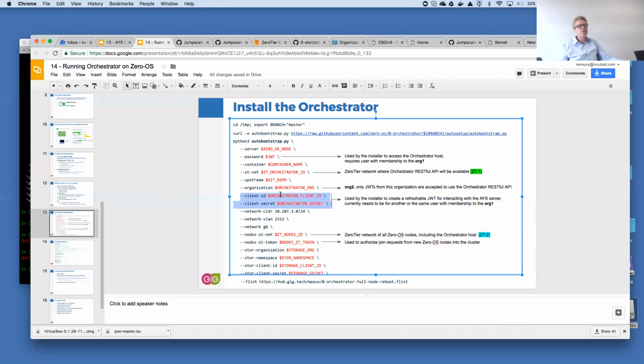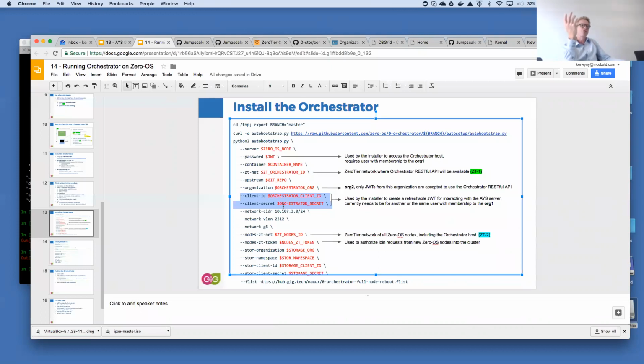This is another client ID and secret you need to send. Why? Because, remember, the Orchestrator at some point in time needs to talk to the AYS server. Now, the AYS server in turn exposes for that a RESTful API. And this RESTful API in turn is also protected. So even the Orchestrator is not privileged here. The Orchestrator, in order to talk to the AYS server, the internal AYS, needs to prove that it has the right to do so.